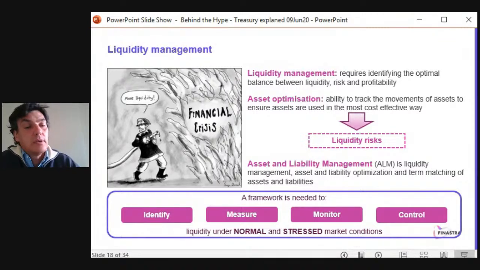So normal times, business as usual, or stress times, and we are in a stressed time at the moment. So I can tell you that in banks, people are looking at all the scenarios to make sure that they will remain properly funded over time. And it's not because the central banks are putting a lot of money in the markets that they are sure to be always liquid. So that's a very, very important topic, liquidity management. And I will never stop talking about liquidity management.